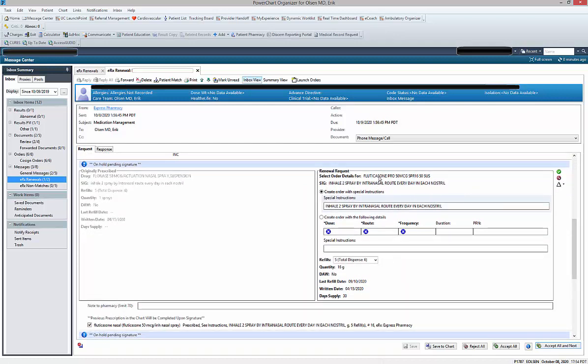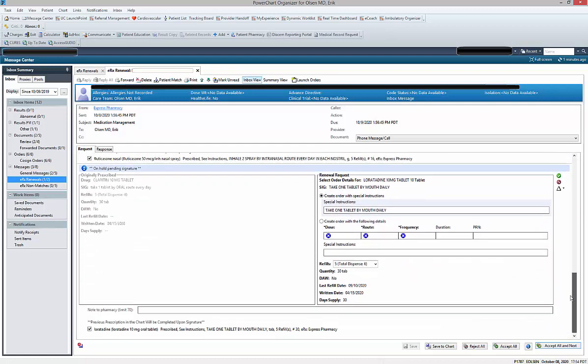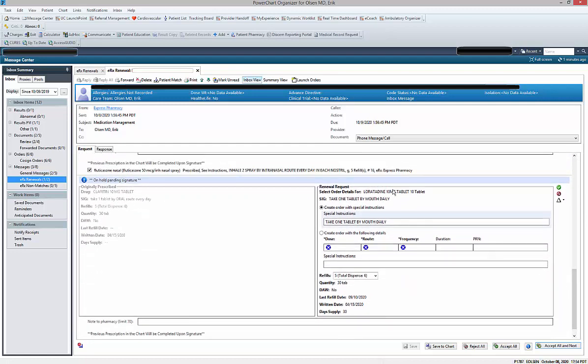I certainly have no problem with this patient getting a refill on this. And you know what? I'm actually going to approve more refills for this one. So the request was for 5 refills, 6 total, and I'm going to change this and say he can have 11 refills on that one. I'm feeling generous. And then lastly here is some loratadine, and here's the loratadine 10 milligram. Again, they're requesting 5